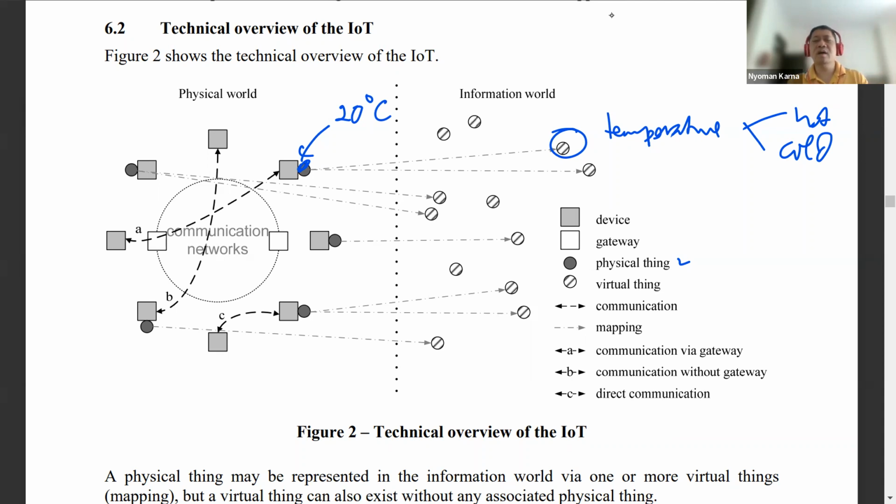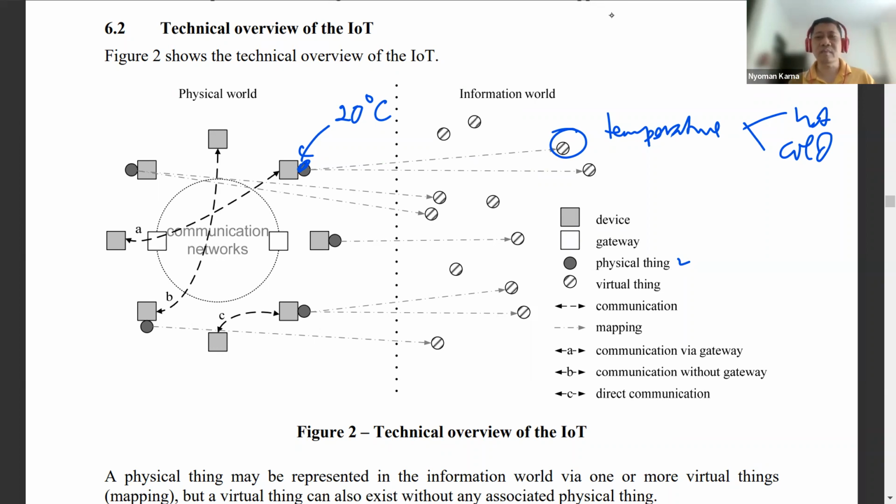Okay. Now, the physical thing in the real world, we usually call it a sensor, or a temperature sensor in this case. So a temperature sensor is a device that will transform something relative from the information world into something quantifiable, that has a value. For example, 20 degrees Celsius.